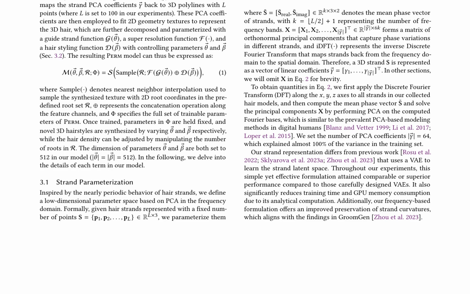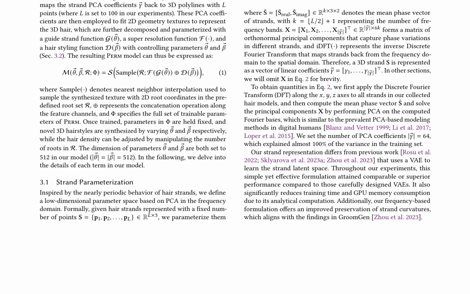The authors compute the mean phase vector and principal components by applying the discrete Fourier transform, DFT, to all strands in their collected hair models and performing PCA on the computed Fourier bases. They set the number of PCA coefficients, gamma, equal to 64, which explains almost 100% of the variance in the training set. This PCA-based strand representation differs from previous work that uses a VAE to learn the strand latent space. The authors claim that their formulation attains comparable or superior performance while reducing training time and GPU memory consumption due